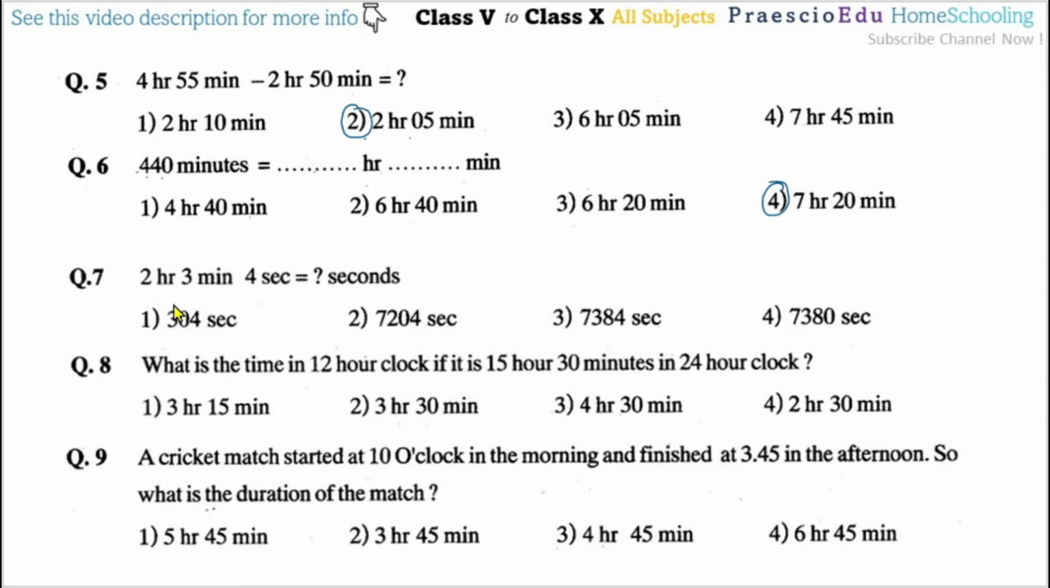Now question number 7, 2 hour 3 minute 4 second is equal to how many seconds? So 4 seconds is already given. Now 3 minutes we have to convert into seconds. So 1 minute is equal to 60 seconds, so multiply by 60. Now 2 hours we have to convert into seconds. So for 2 hours multiply by 60, then it will come to minutes, and again if you multiply by 60, then it will convert to seconds. So it means 2 multiply by